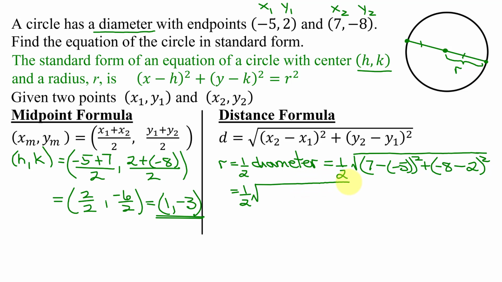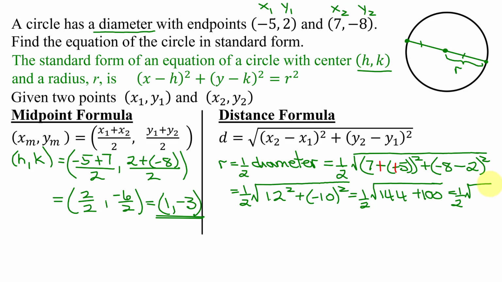Now what is 7 minus a -5? When you do minus a negative, you add the opposite, so that's going to become 7 plus 5. So I'm going to have 7 plus 5 is 12 squared, plus -8 minus 2 is -10, all squared. So that's going to give me 1/2 the square root of 12 squared is 144, plus -10 all squared is positive 100. So that is 1/2 the square root of